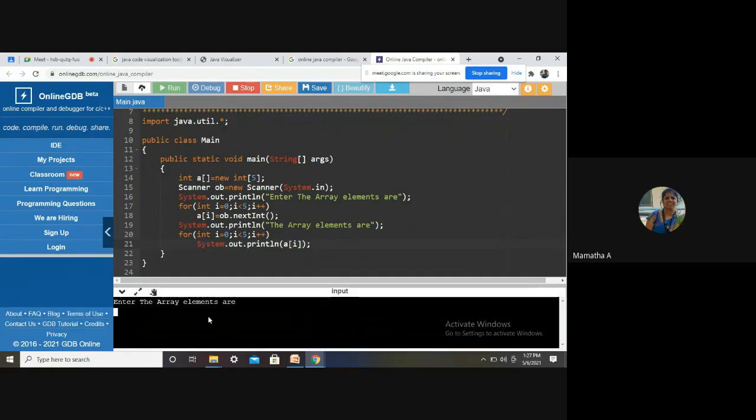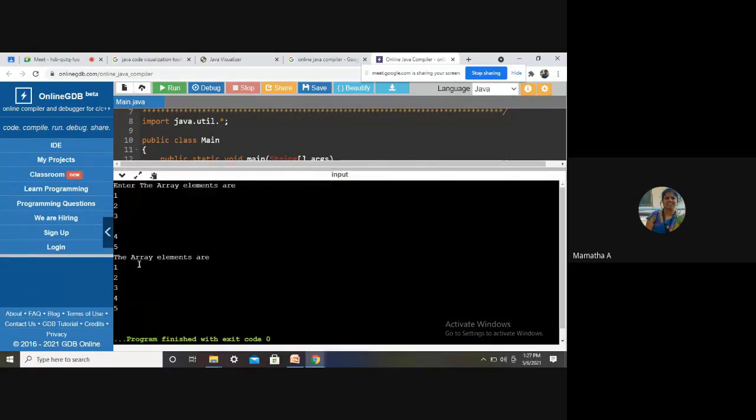So I will enter the array elements here: one, two, three, four, then five. You can see it will print the elements. The array elements are 1, 2, 3, 4, 5.